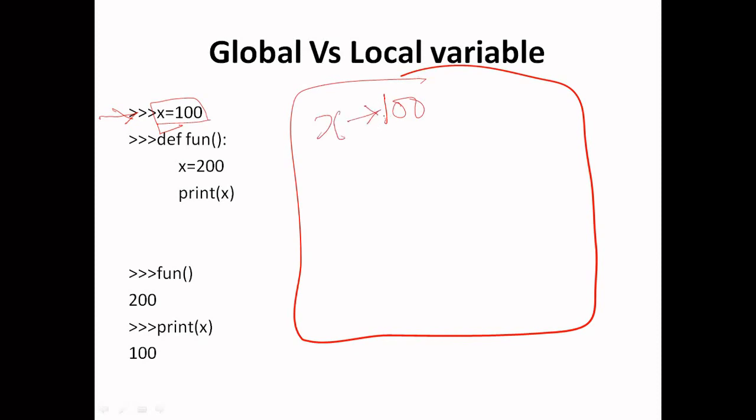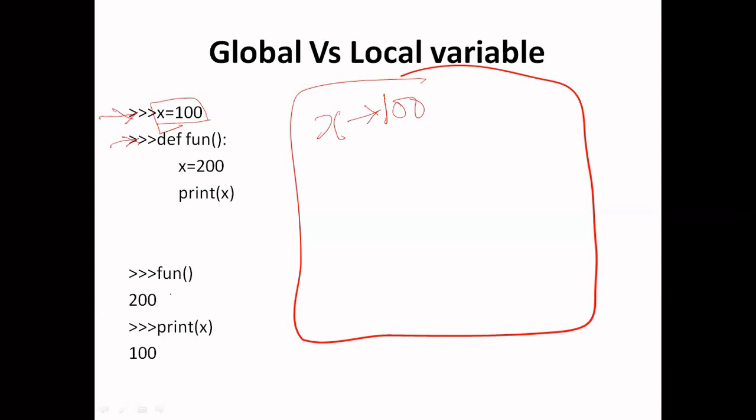That means simply this variable x is referring to this object 100. And then when control comes at this point, we have defined this function. So this function definition will be checked whether it is syntactically correct or not. But no namespace will be